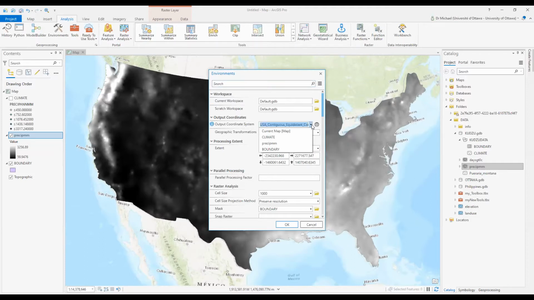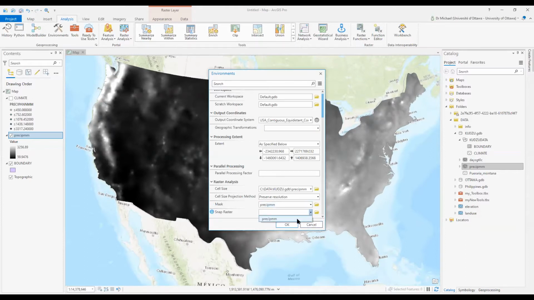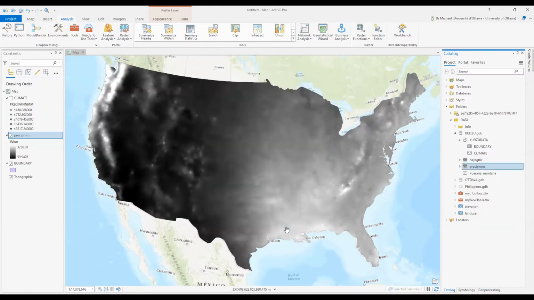So output coordinate system, same as precip mm. Extent, same as precip mm. Let me scroll down a bit here. Cell size, same as precip mm. Mask, same as precip mm, and snap raster, same as precip mm. And then we click OK. So now precip mm will control the output of any tool in ArcGIS Pro, including our second run of the